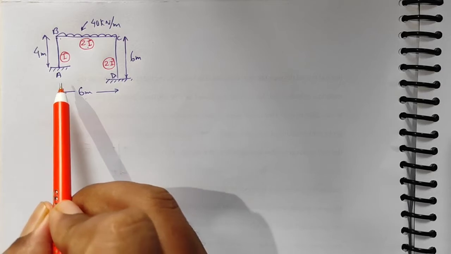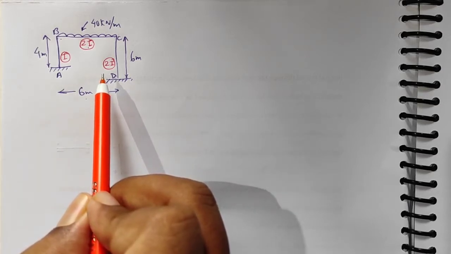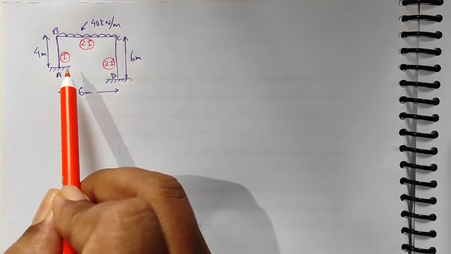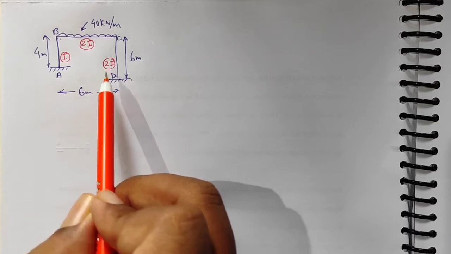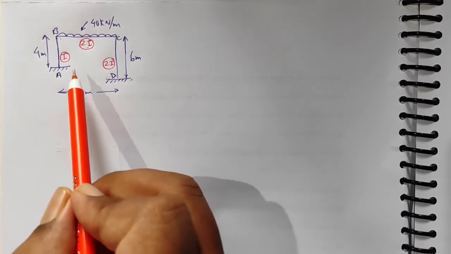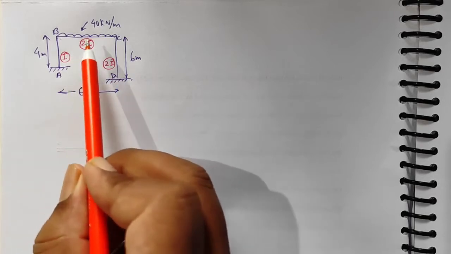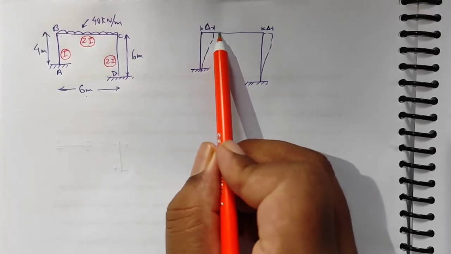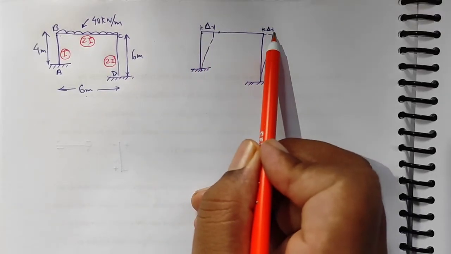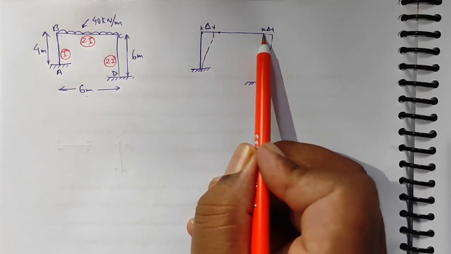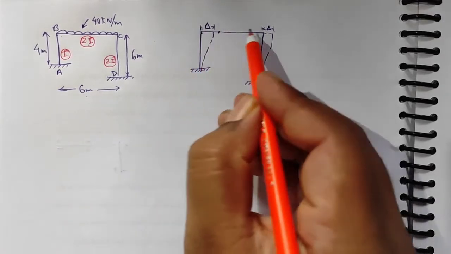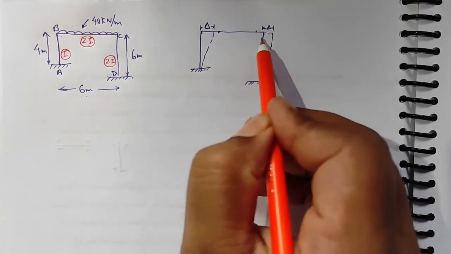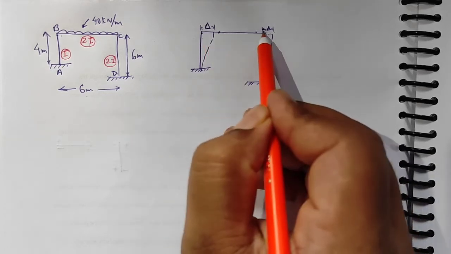So here we have to analyze the frame as shown in the figure and draw the bending moment diagram. As we can see from the diagram, the frame is not symmetrical, hence there will be a sway in this frame. We can also see that the moment of inertia is not constant in all the members of the frame. So let us assume that del is the sway in this frame. Since the axial deformation is assumed negligible in beam BC, we can assume that both the columns will have the same amount of sway, that is del.